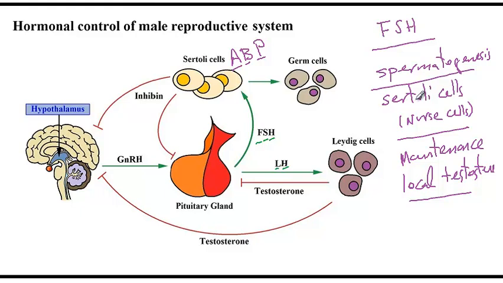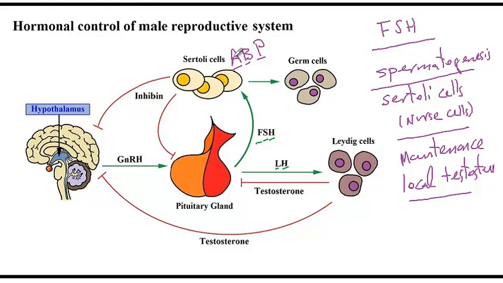Because if the immune system gets exposed to our testes, it's possible that it mounts an immune attack because it doesn't really recognize the testes. There are some structures, some organs in our body that our immune system is not really familiar with, and these include, for instance, the testes or the eye. That's why they say if there is damage to one of these structures and the immune system recognizes it, it's possible that there would be an immune attack against the other one. And so here, Sertoli cells are maintaining a blood-testes barrier